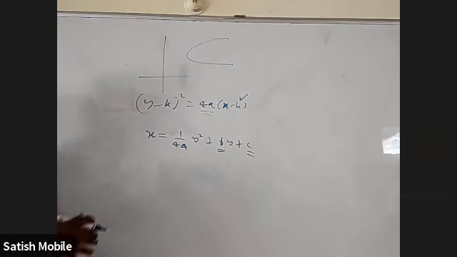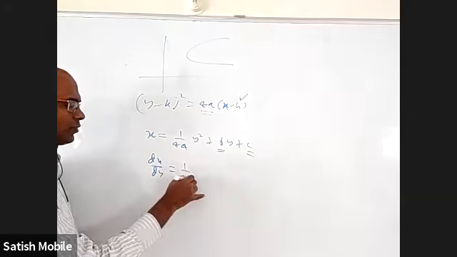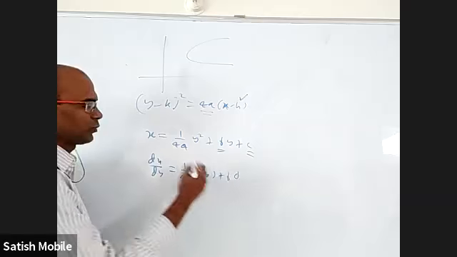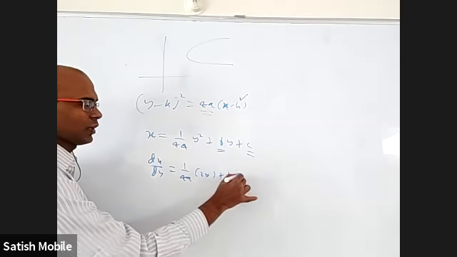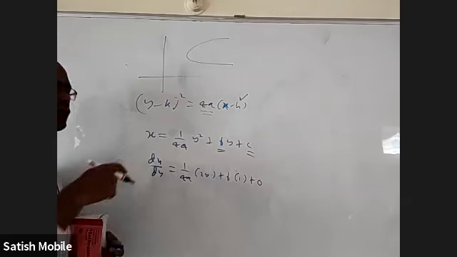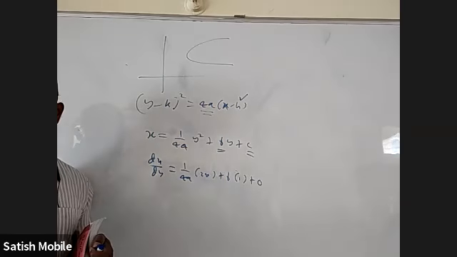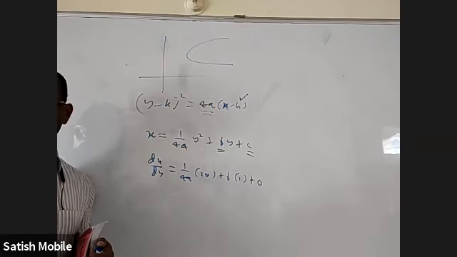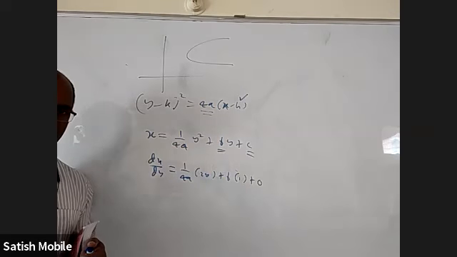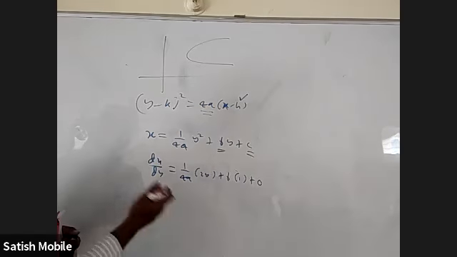It is easier. I don't know how they gave their answer. dx by dy is equal to 1 by 4a into (2y plus b), I'm doing it with respect to y. So b into derivative of y is 1 and the derivative of the constant is 0. If I do one more time, b is gone. But I will get the answer in terms of d square x by dy square, and they might have given d square y by dx square. Of course, there is a formula which connects them: d square x by dy square is minus d square y by dx square by (dy by dx) whole cube. If you don't want to use it, not a big issue. We can take reciprocal and manage with that.